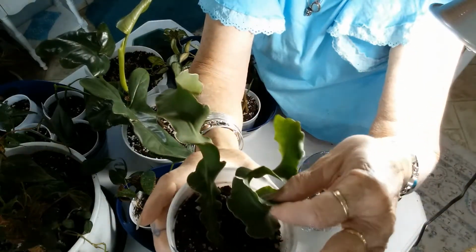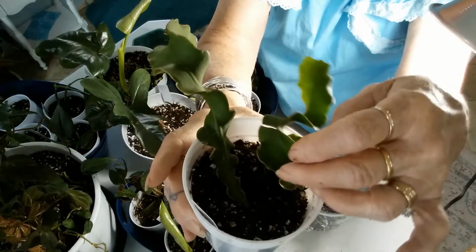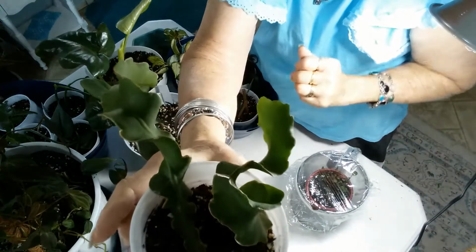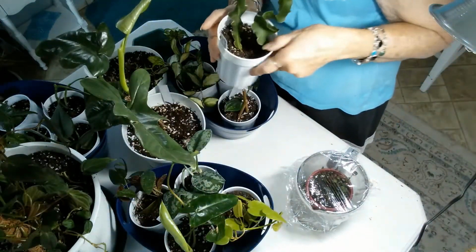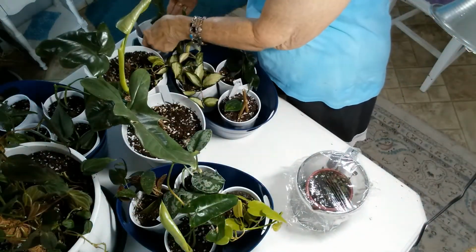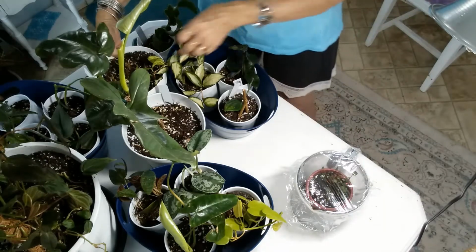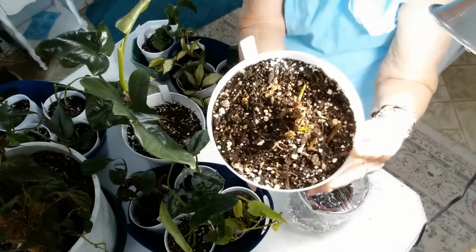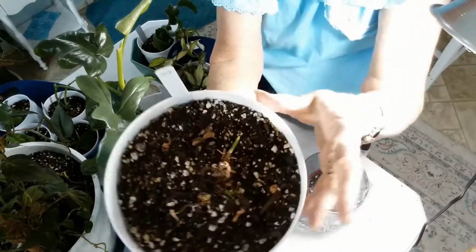There was no roots on them. I can give them a little tug, and they're in there. They're not moving at all, so they have rooted down. And let's see. I gotta get a hold of it. It's a bigger pot. It's the Anthurium fingers, and